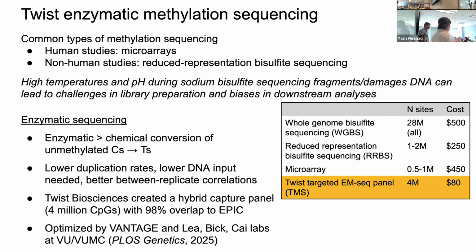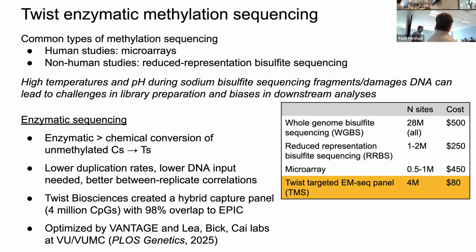between replicate correlations. And so Twist Biosciences several years ago put out a protocol creating a capture panel of about 500,000 probes that capture approximately 4 million CpG sites across the genome. And so they designed this where it overlaps almost exactly with the EPIC version 2 array. So there is really nice compatibility if you have done studies previously with the EPIC array, or you want to,